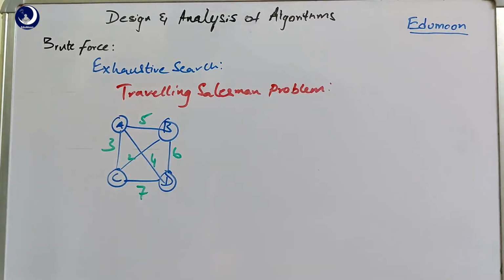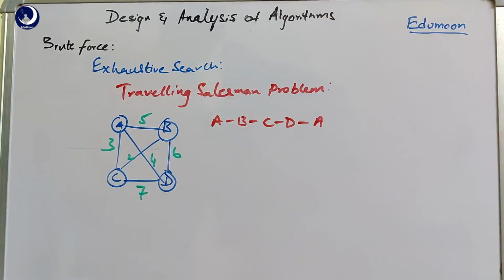Assuming that you want a sequence, we start from city A, so the first sequence possibly will be A, B, C, D and coming back to A. So that is a tour. We go from A to B, B to C, C to D and D to A. The total cost for this one, you can just add the weights with respect to the edges. The A to B edge is 5, so we add, and so on.